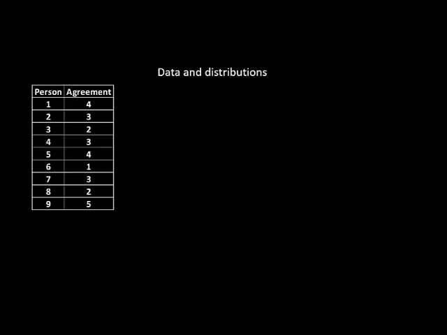Well, let's take a specific made-up example just to make things a little more concrete. Let's suppose we've asked people their agreement with some question rated on a scale from 1, strongly disagree, to 5, strongly agree. We get some data that looks like this right here. You might be able to